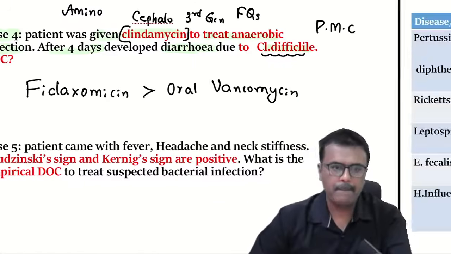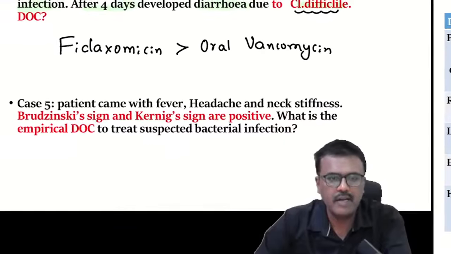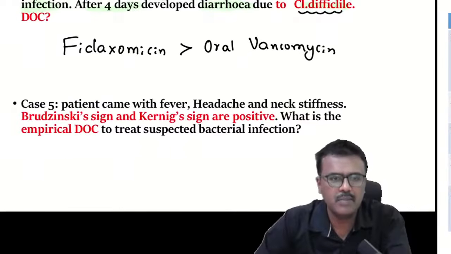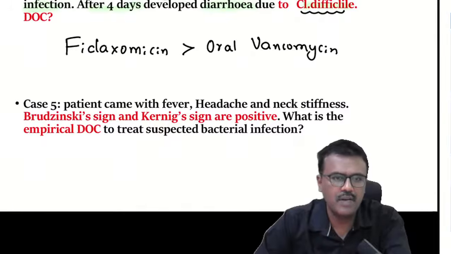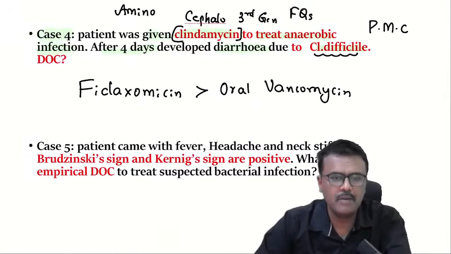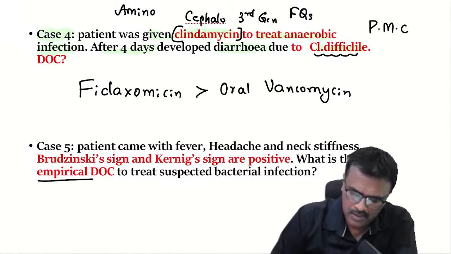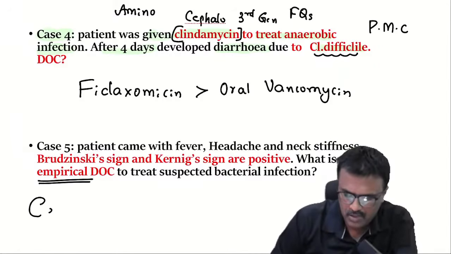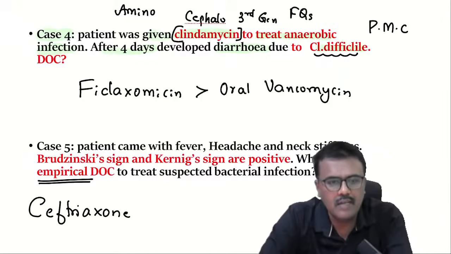Case 5. Patient came with fever, headache and neck stiffness. Brudzinski's sign positive. Kernig's positive. What is the empirical drug of choice? So it is a case of bacterial meningitis. Empirical means without knowing the infection, what I can start is ceftriaxone. Ceftriaxone is the empirical drug of choice for